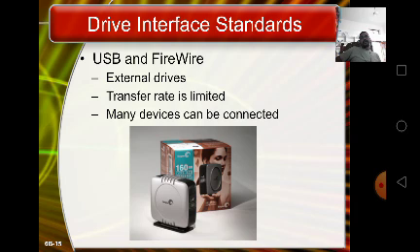Next question: why is there confusion about EIDE and SCSI drive interface standards? Next question: how are the SCSI, USB and FireWire interfaces similar? These are the questions of this chapter.